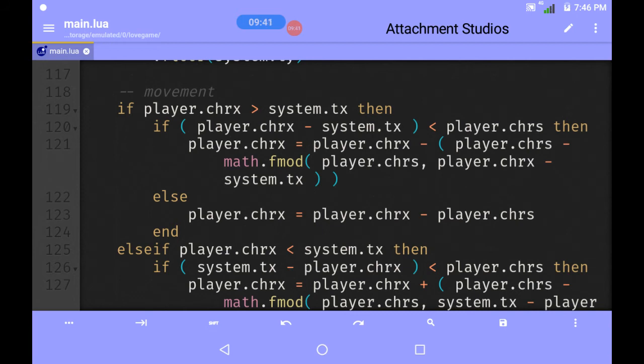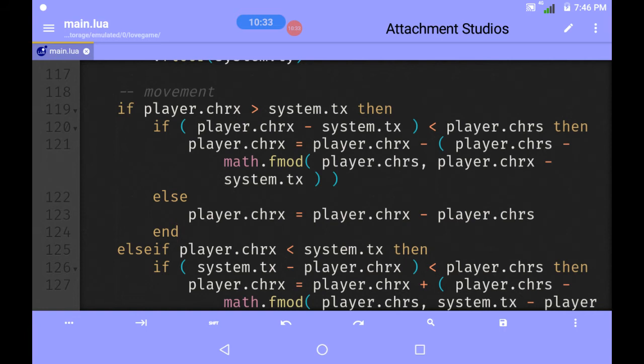If the condition is true, then the character position will be changed by the difference of the speed and the remainder of the division of speed and player location minus the difference of player location and system touch locations, that is speed by the difference of character x and touch x.